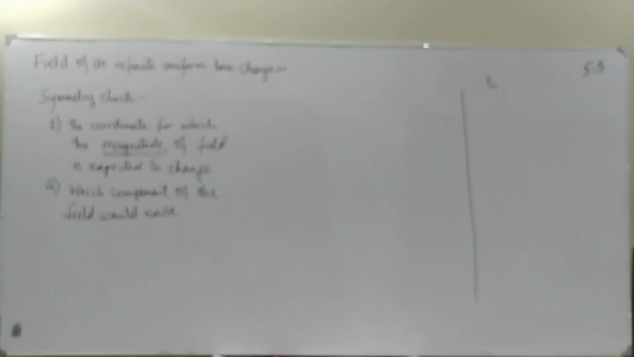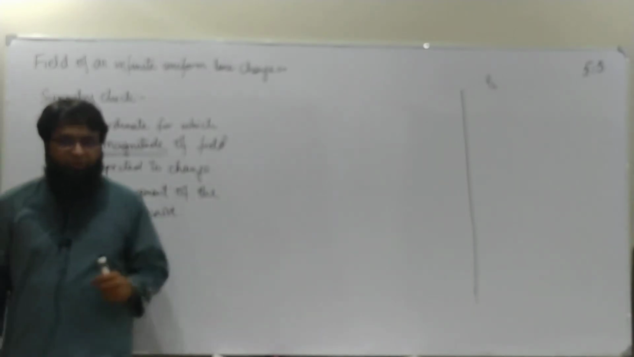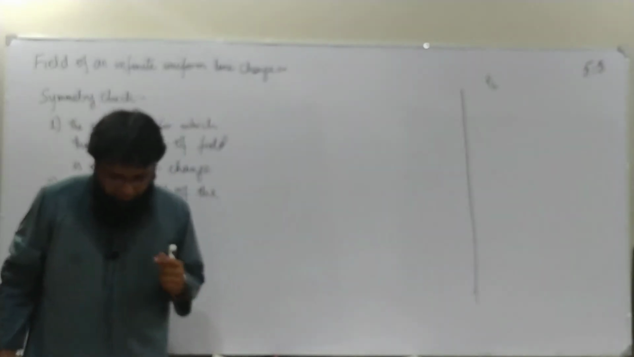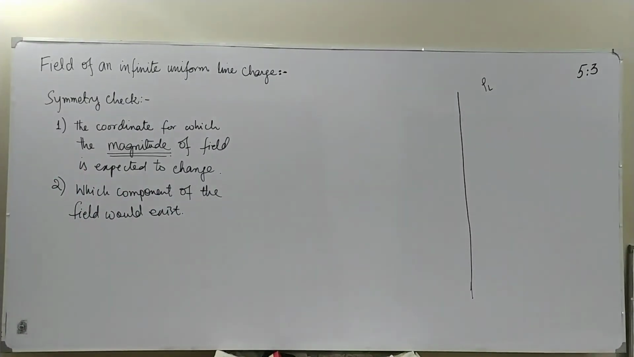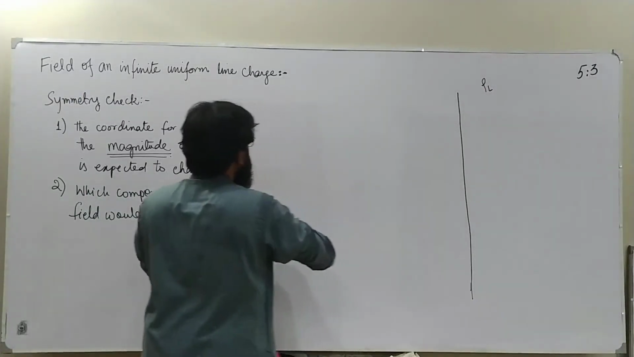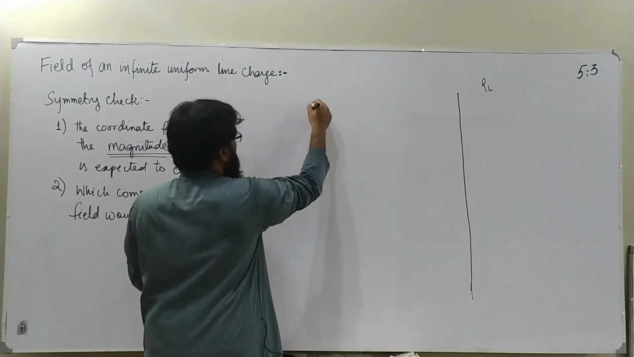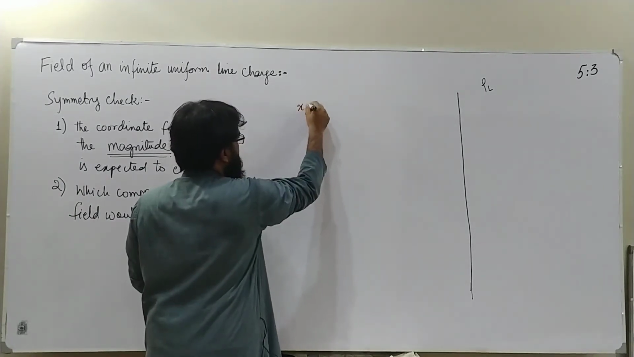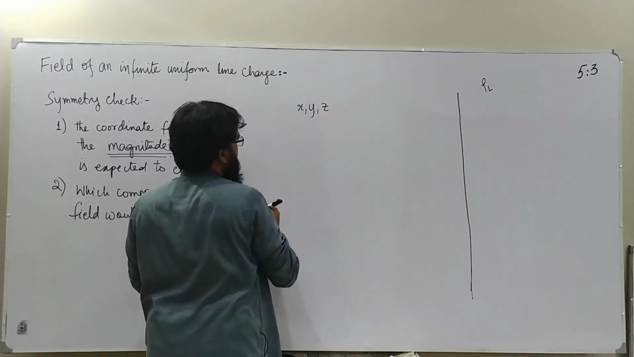Okay, so what it actually means to do the symmetry check. To do the symmetry check, we have to evaluate the symmetry of the charge distribution itself and see whether the magnitude is changing or not. Let's see how exactly. We have got three options: either to use Cartesian coordinate system, in which these are